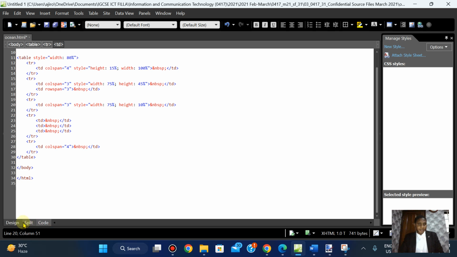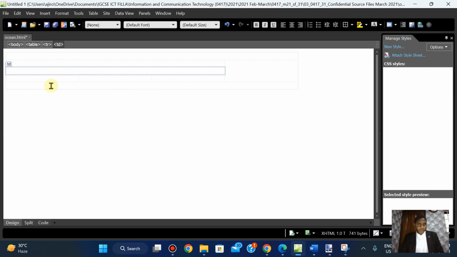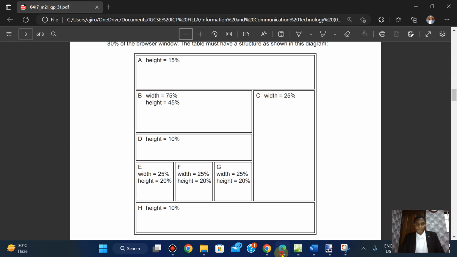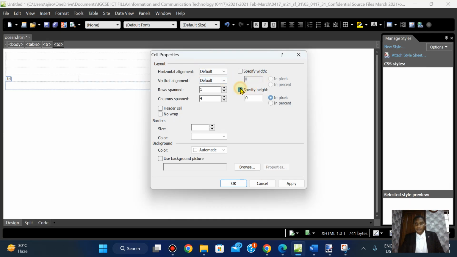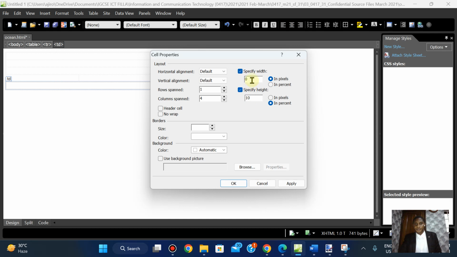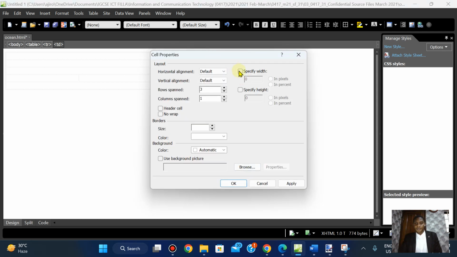Okay, that has been applied. I'm going to do the down. Click on cell properties. We have the height, percent, and the width is 100%. Right here, the width is cell properties